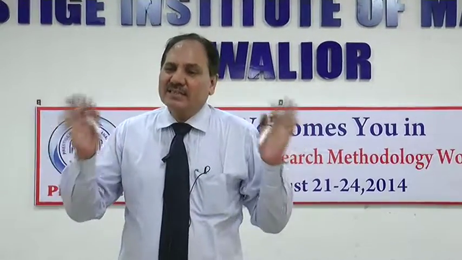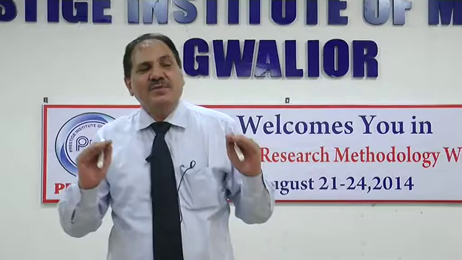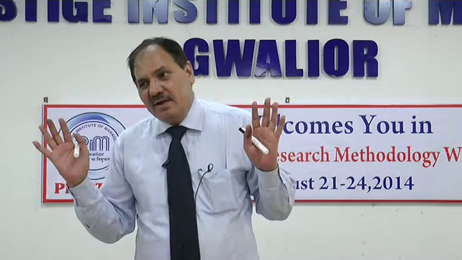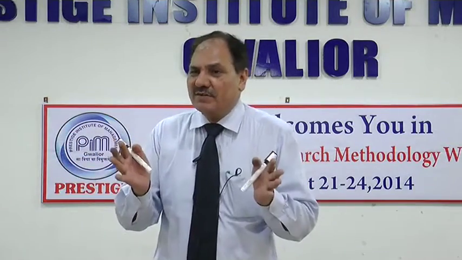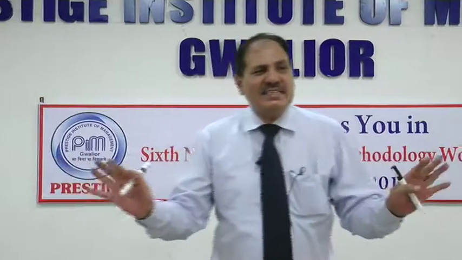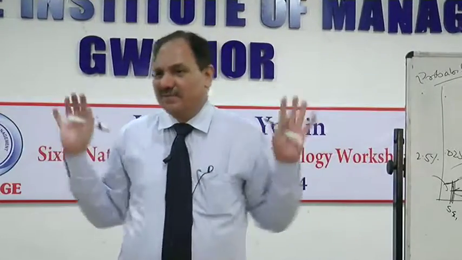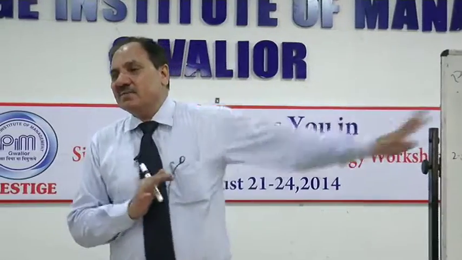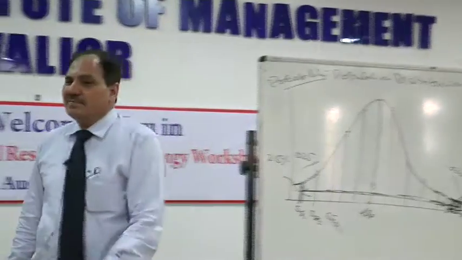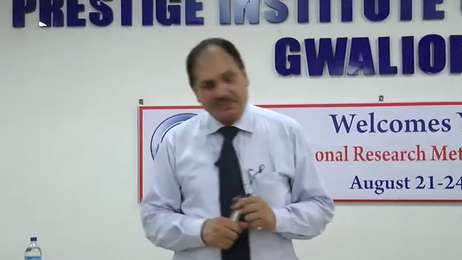Now we have understood that when we want to test a hypothesis, we have to take recourse to a statistical test. When the statistical test tells us that the difference is significant, then only we can say that two groups differ. And if it tells us that the difference is not significant, we will have to say that the two groups are similar, the two groups do not differ. Because we are doing this on a sample. Had it been on the population, then we would have just said based on the mean that yes, two means differ. But since we are testing on the sample and the sampling distribution would be like that, we are not able to say whether the two means are significantly different. Alright, so